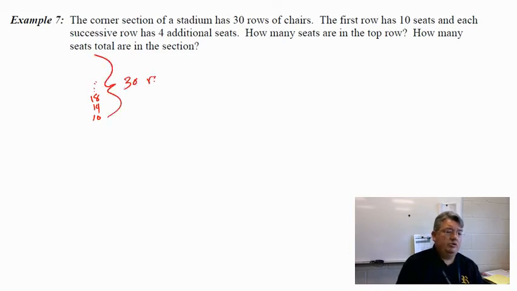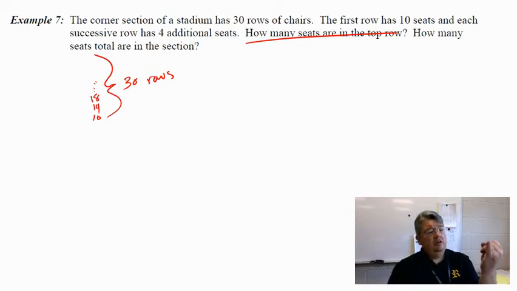30 rows. How many seats are in the top row? I don't know. I could go 10, 14, 18, 22, 26, 30, 30. What am I adding? I've forgotten. So that's probably not the way I'm going to do it because I'm kind of dense that way. But I'm going to look at this and I'm going to think,